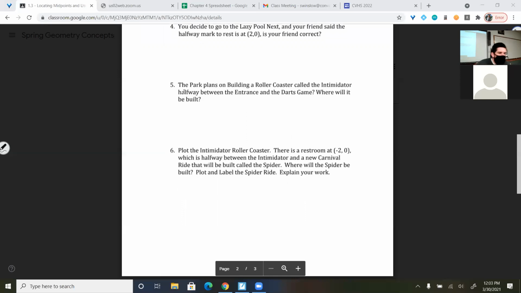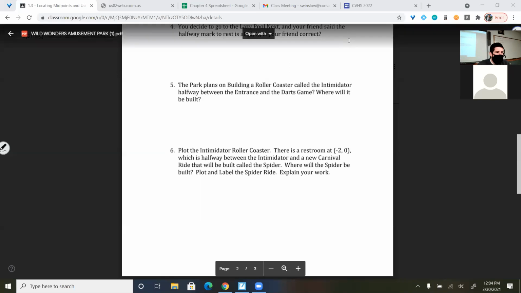For number 5, you want to use the midpoint formula. For number 6, you're going to be using maybe the midpoint formula, maybe the distance formula, maybe both. You are open to your own strategies. We get to use some constructive thinking and kind of imagine a solution to this problem. So I'm going to leave you at that. We have about 10 minutes left in class, which is the time that's supposed to be for your time to work on stuff. So I'm going to go ahead and